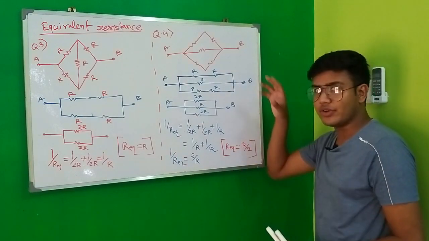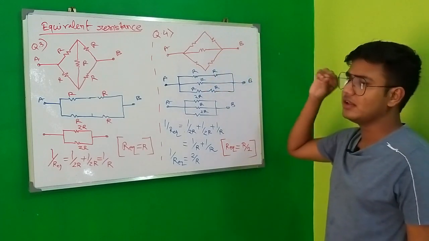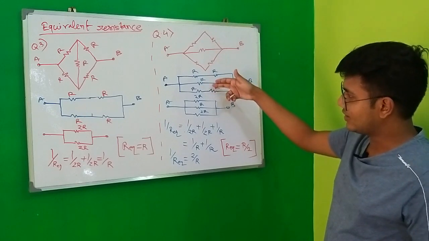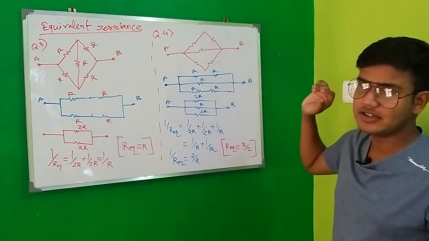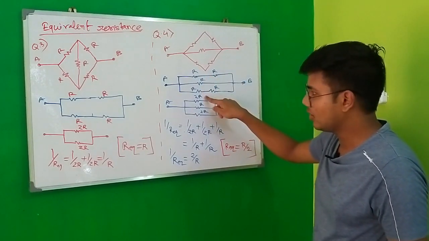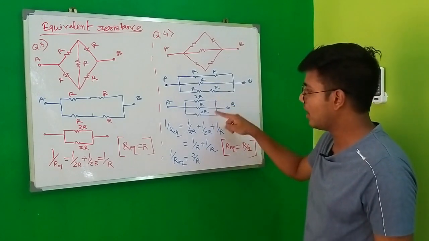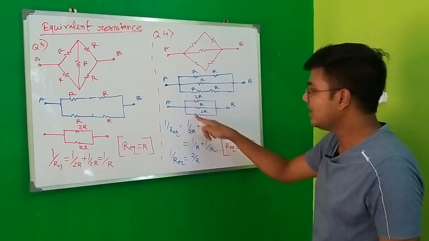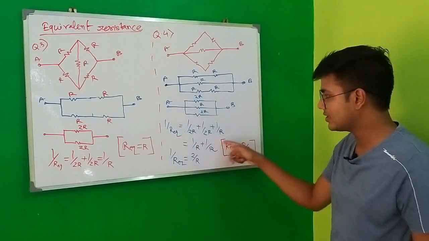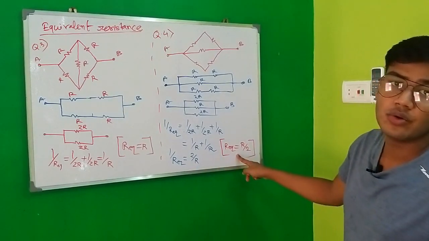And coming to question number 4 right now. As you can see, these three are connected with terminals A and B directly. If you compress this one like this, you will get this kind of equivalent structure, where these two parts are in series. We will solve that and it will become 2R. The two parts below are also in series, and that also comes to 2R. And these three are now in parallel combination. After putting this in the formula, we get R equivalent equal to R by 2.